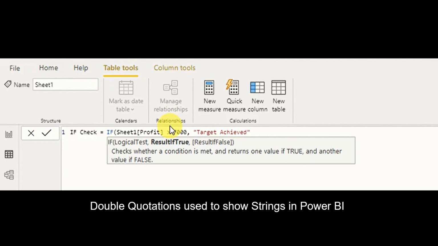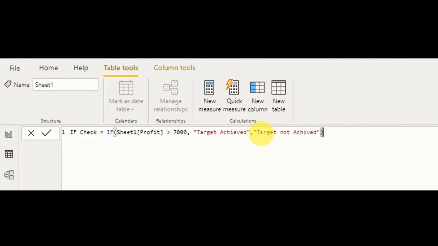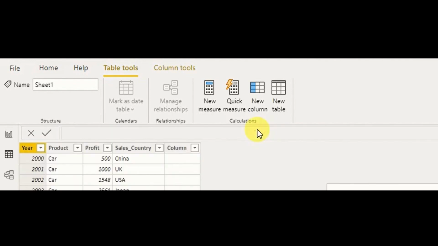So this is how you use strings in Power BI: you have to use double quotation marks. Then for the result if false, as you can see it was highlighted, I'm going to add "Target not achieved".